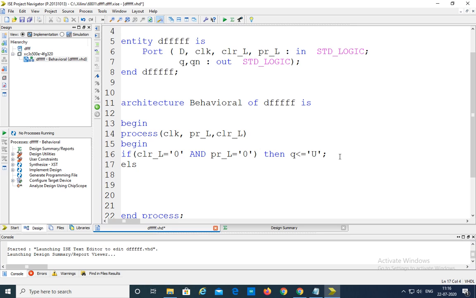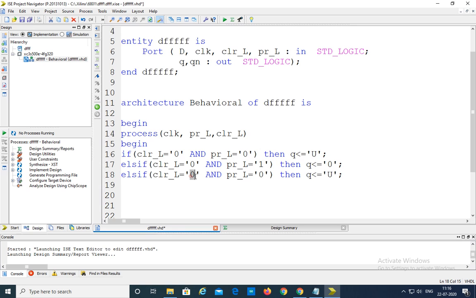Else if clear is equal to 0 and preset is equal to 1, then Q is equal to 0. Why? Because clear is active now. Else if clear is equal to 1 and preset is equal to 0, then preset is active here. Preset is active means output is 1 here. Else, that is, if it is not any of the above 3 combinations, then